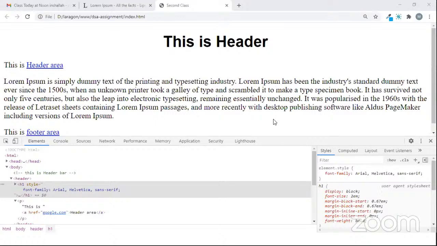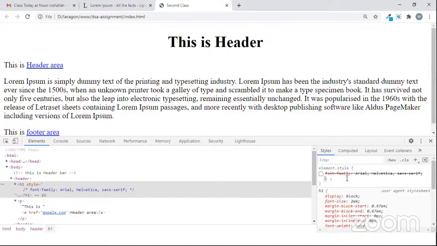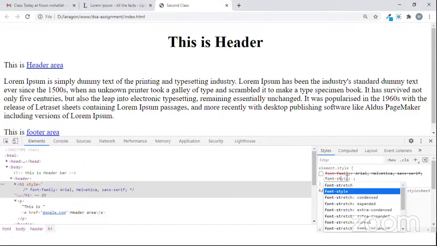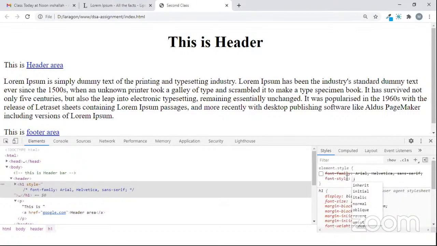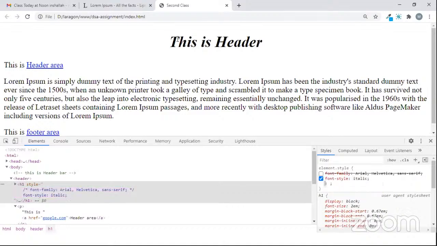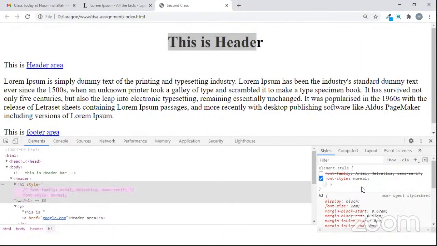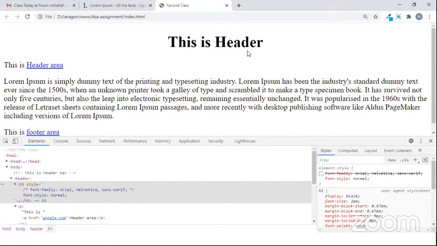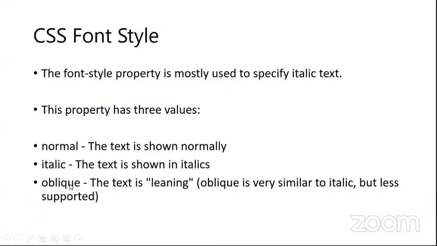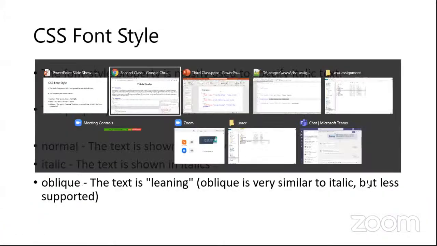Like if I want to change the style of this font family, how can I do it? Simply type font-style, and then we can use italic. You can see the font is italic now. If I change it to normal, you will see the font is normal, because our font is already normal, so we do not need to apply normal. By default it's normal. And if I want to use oblique, you can see